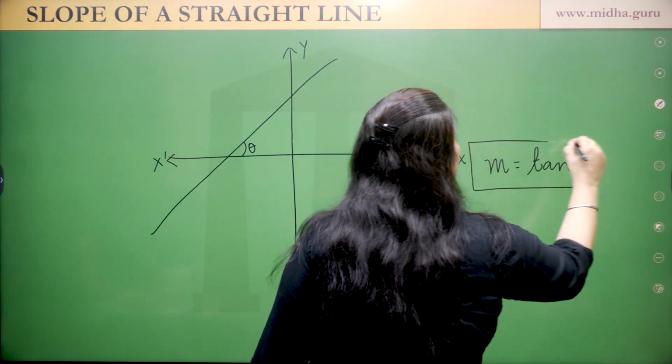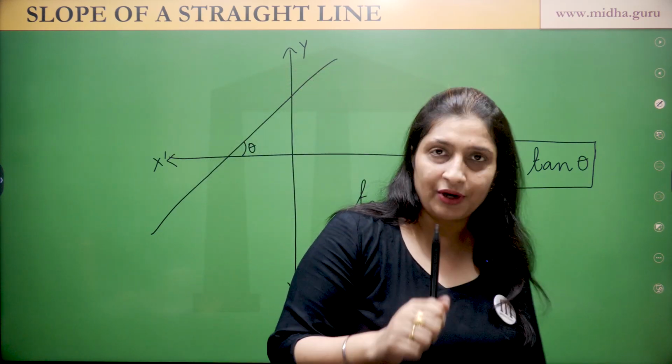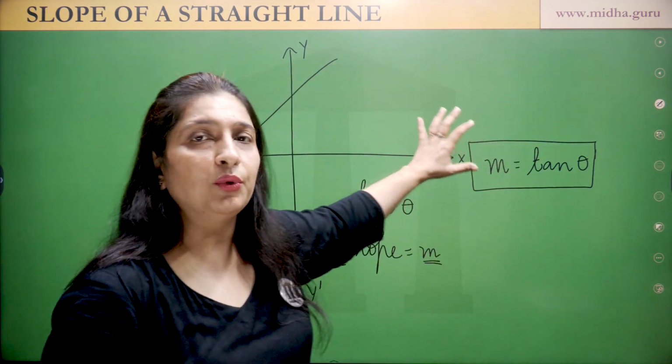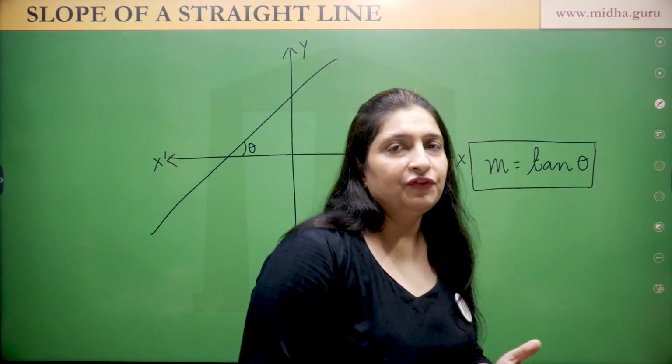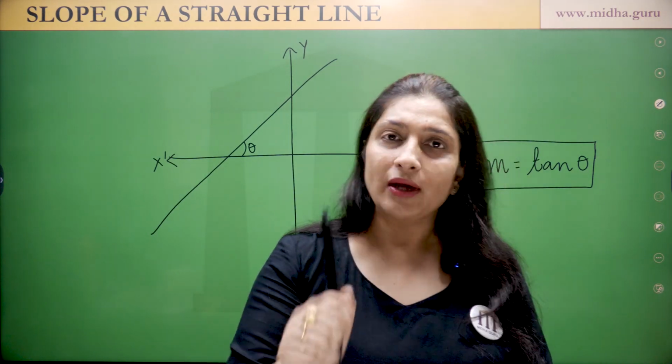Again, note this down in your books, in your notebooks. You must be having them, right? If not, go and take your notebooks and pens and note all these things down. First, note down that if the inclination is measured anti-clockwise, it is positive. If it is measured clockwise, it is negative.